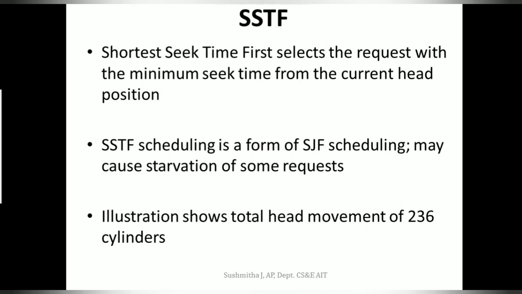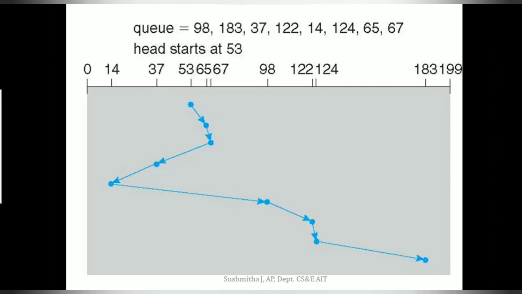Now we will see the same example. So these are my requests that are there in the queue. It is very similar. It is better that I sort these requests with reference to the head position. So to my head position, the nearest ones are 65 and 67. So I will be satisfying the request of cylinder number 65 and then 67.